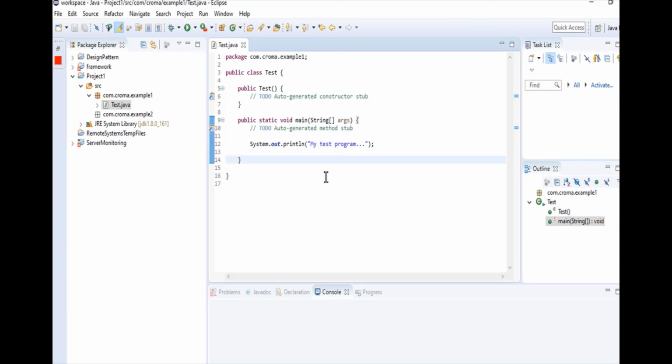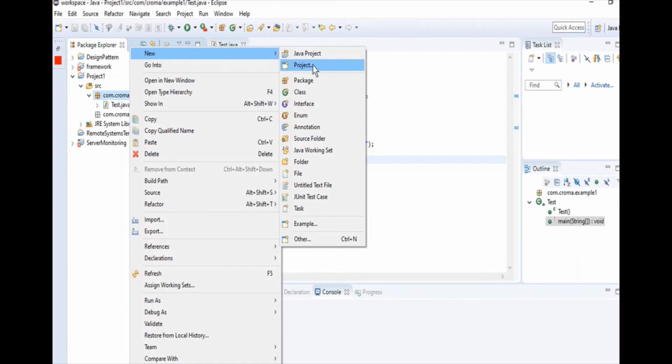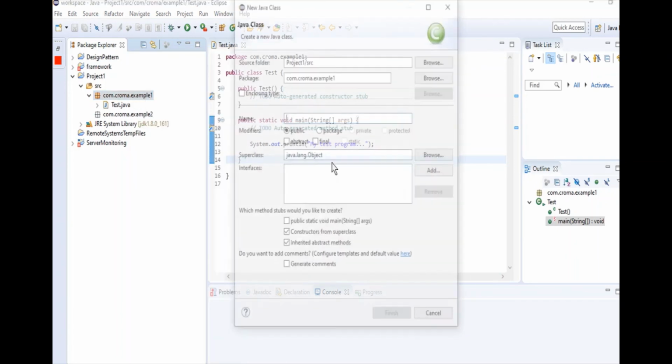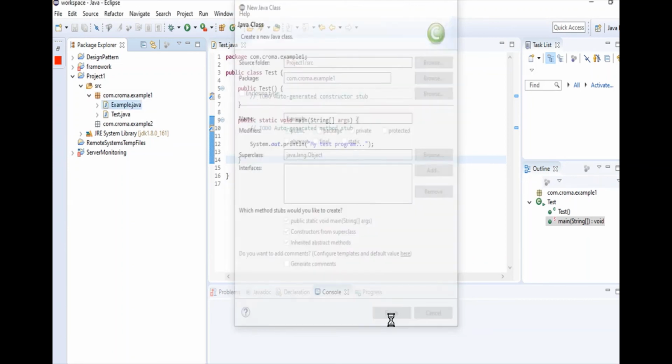Now everything is done. Now we want to create another class, so right click, go to new, and inside there is class. Let's say example, and select public static void main.